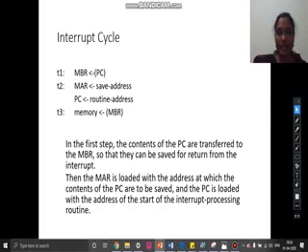The third one is the interrupt cycle. So usually the program counter will be having the address of the instruction that is present sequentially, but when an interrupt comes, then we need to save the context of the program counter. So the program counter's value will be saved in the memory buffer register, and where this is present, that address has to be saved in the memory address register, because after the interrupt is executed, we need to come back to the original program counter address.